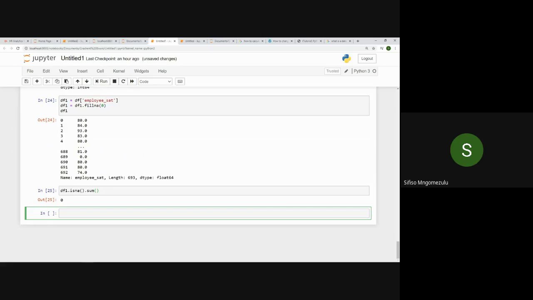So now the next step. So far I've just showed you dropping a column. I've showed you replacing the blank value with 0. So now